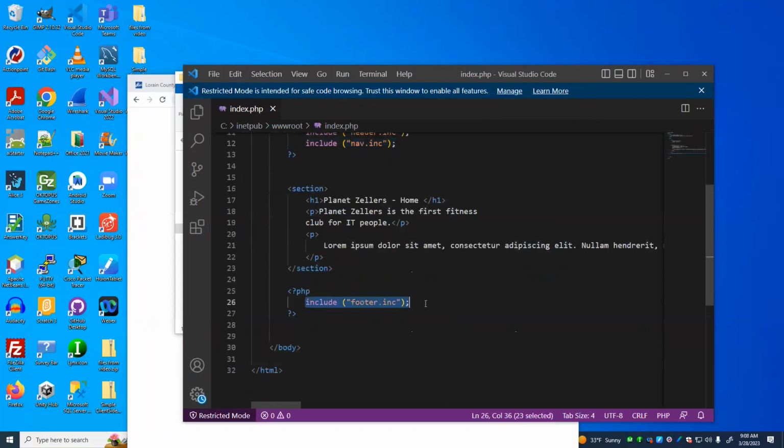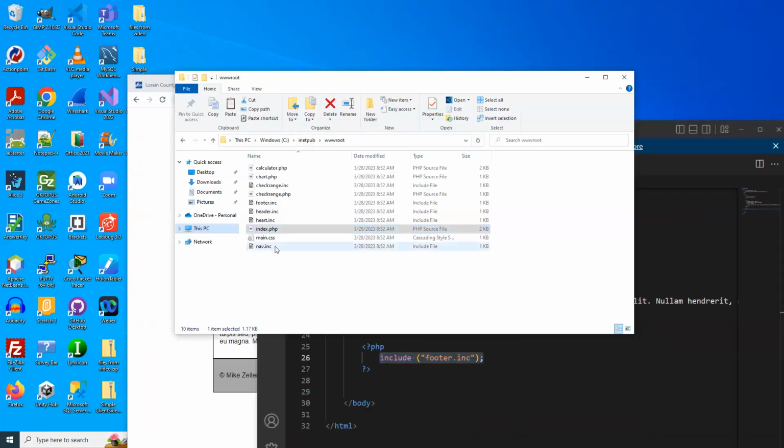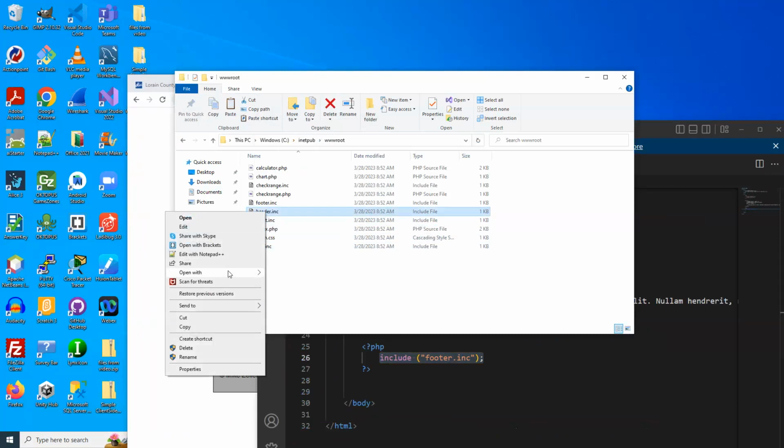And finally, at the bottom, we say include footer.inc. So each of these include files contains a snippet of code. It contains the header, the navigation, and the footer. So if we were to look at the header include file,